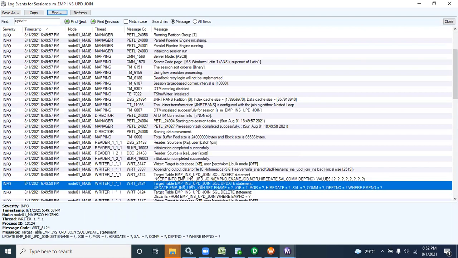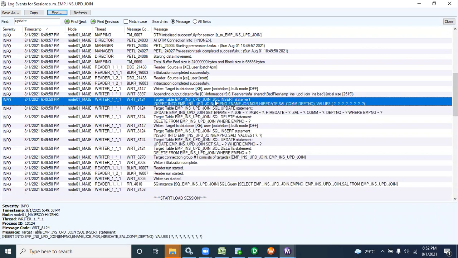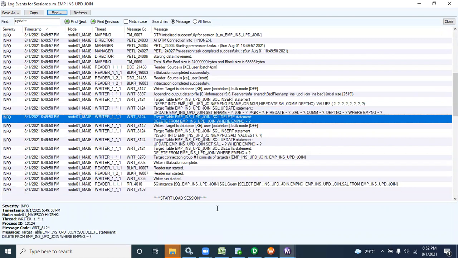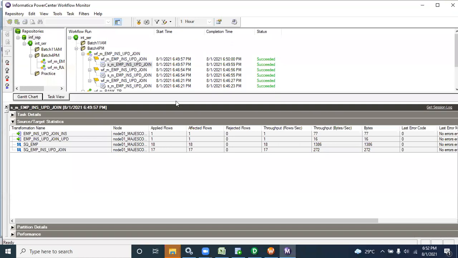See, updating the records, right? Here, Informatica will fire two statements. You can see here, insert statement, this one, update also this one, delete also. Informatica by default gives three statements, but delete is not working. See, question tag will be there. That means no value will be there. But if we are going to update, each and every column having a question mark, that means it will process some data. So from the session log also you can directly show, okay, this record is going to insert, this record is going to update.